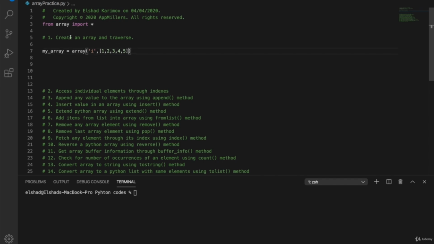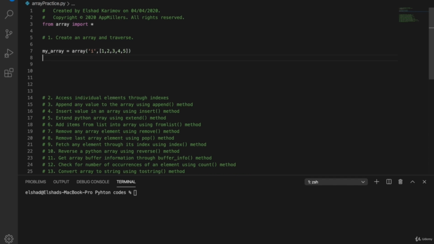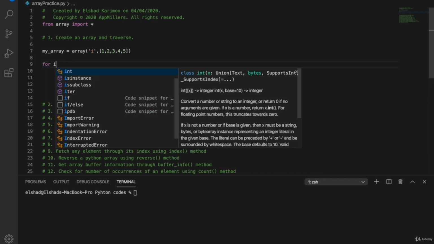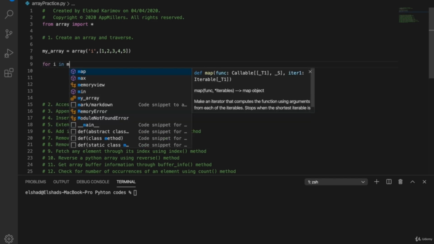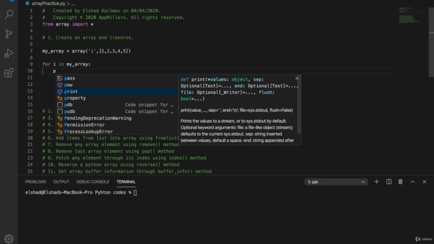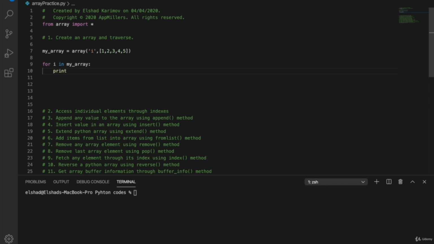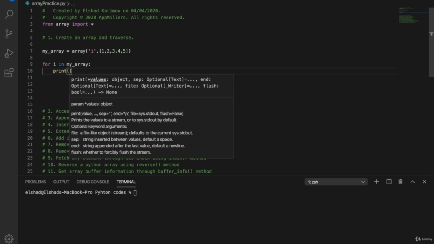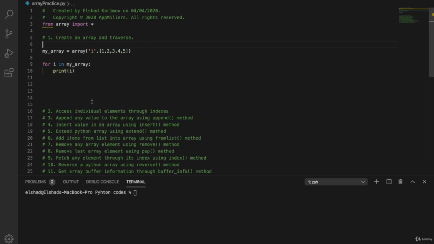So the next operation inside this step, we will traverse through the array. How are we traversing through the array? We'll just create a simple loop in my array and print out the array elements. Let's run our code to see that everything is working smoothly. Okay, if I run this,